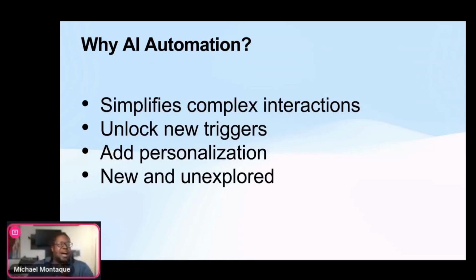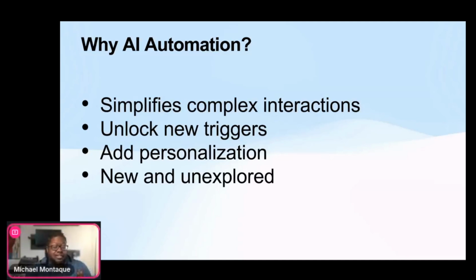All right, so why AI automation? Now, if you're wondering about the benefits of utilizing AI in your home, there are a few. There are also a lot of downsides, but first I want to look at the pros. One of the things that I've been trying to explore is that since AI can do a lot of the quote unquote thinking for you, it can simplify a lot of complex interactions. Things that would be hard to do with hard coding or manually with a bunch of if else, I find that AI can shortcut through all of that and make it very simple.